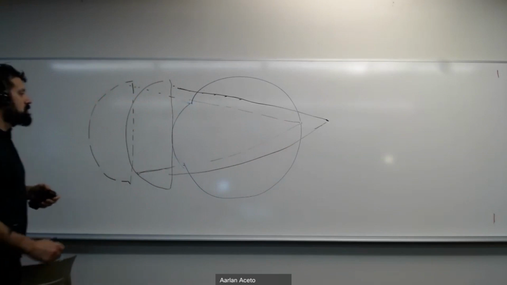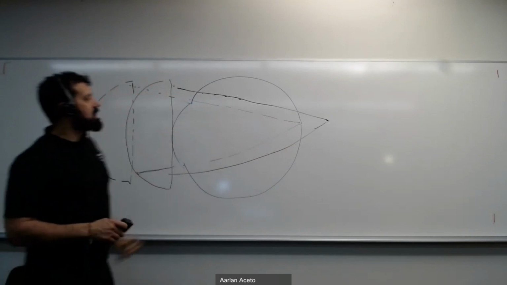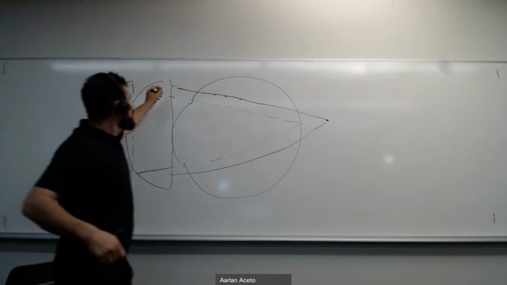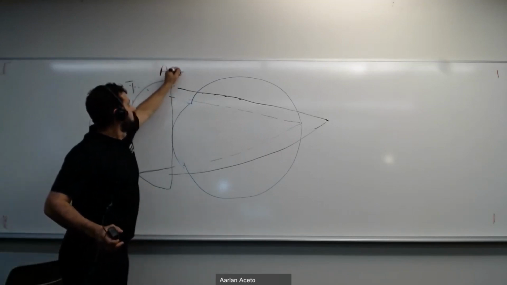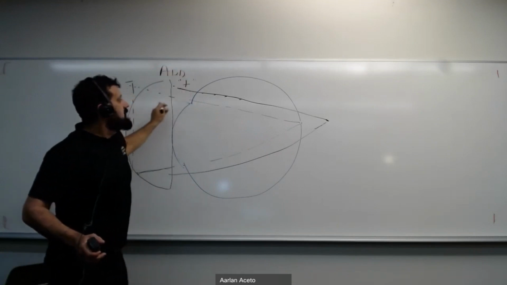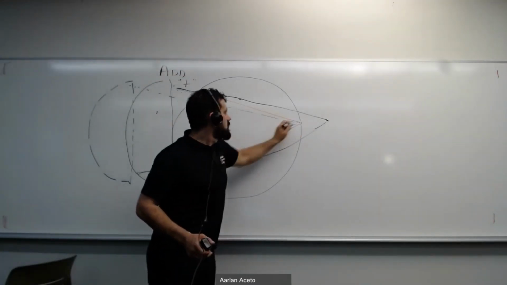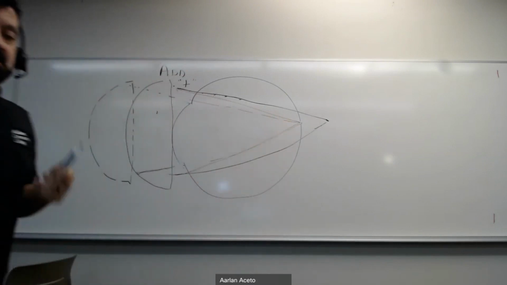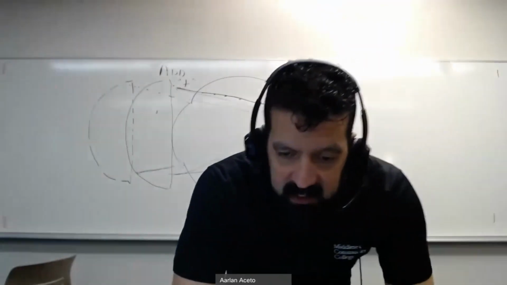I add more plus. So, in this case, if I added something where it was already converging but not converging enough, I add more plus power to this lens here, and that will allow this to converge more so that I get it right in the back of the retina where it should have been in the first place. So anytime I move a contact lens closer, whether it's a plus lens or a minus lens,